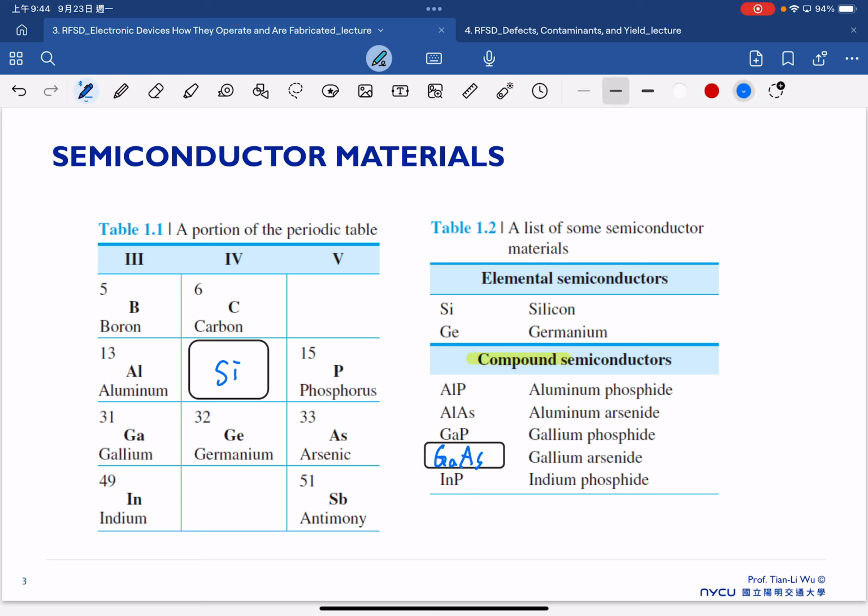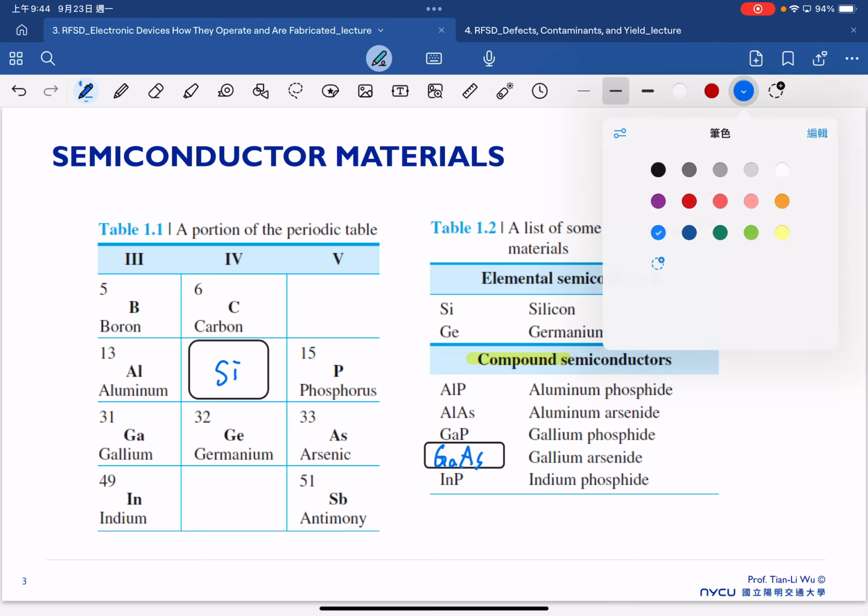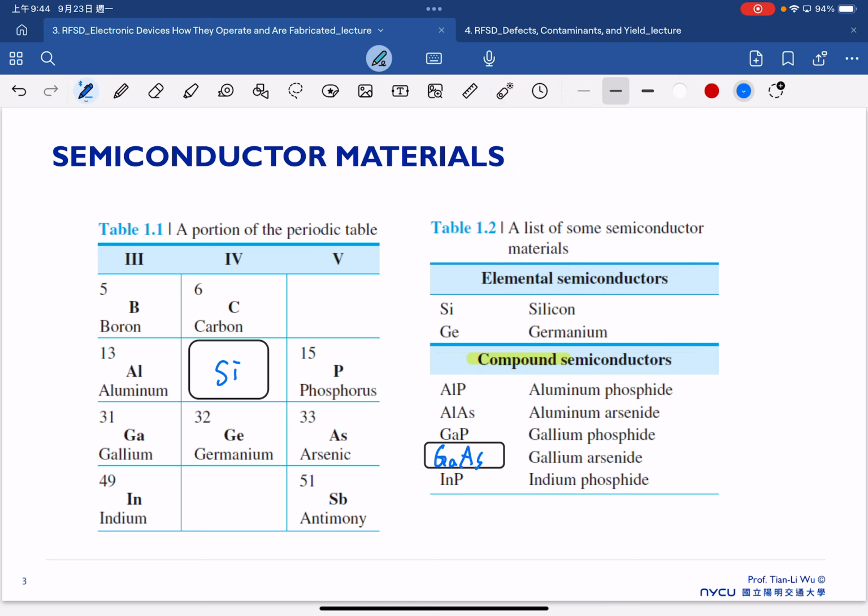And beyond this, this is a two-element compound semiconductor. Actually, we can also make a compound semiconductor that has three different elements. For example, we can form the compound semiconductor called indium gallium arsenide. That can be formed as a stable material that we can use for electronic devices. Or aluminum gallium nitride. That's another very famous example, where we have already used aluminum gallium nitride based electronics for